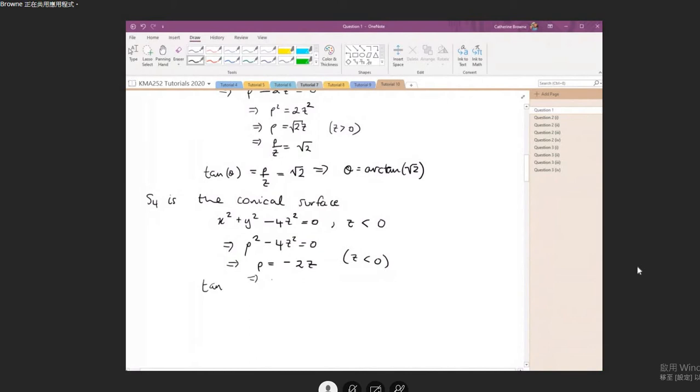We've got rho on z is equal to minus 2 this time, and so if we want to convert that to just that constant angle of theta in spherical coordinates, we get theta is equal to minus arctan 2, because I've taken the minus out the front. Because arctan of minus 2 is the same as minus arctan 2. But